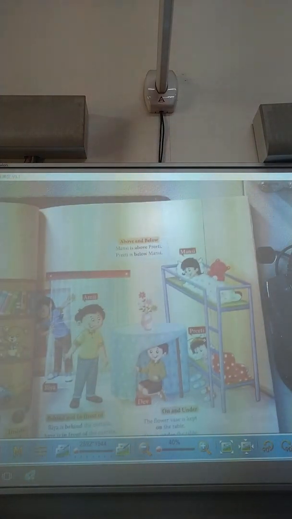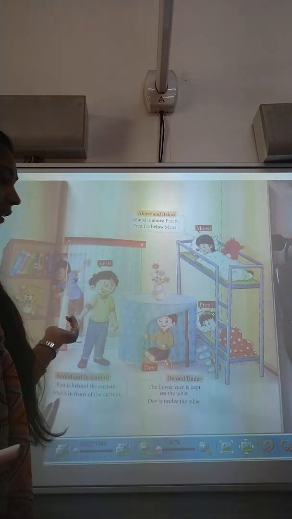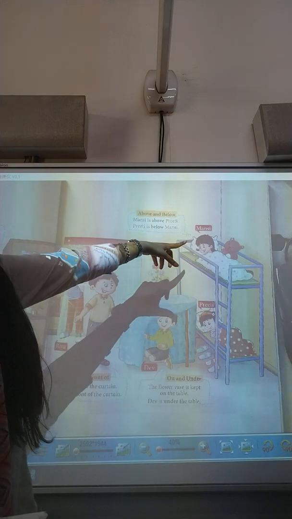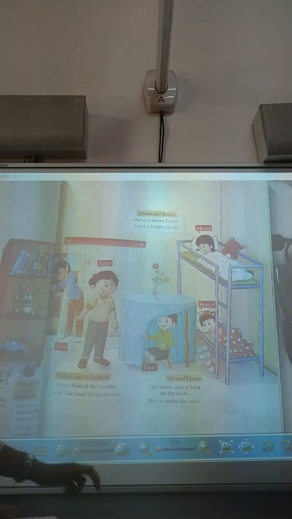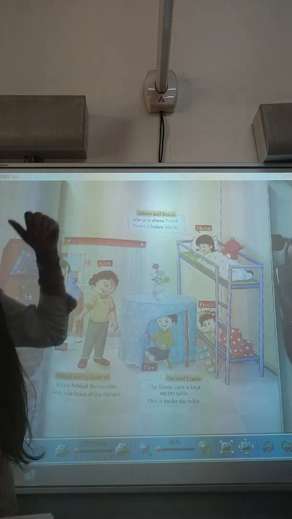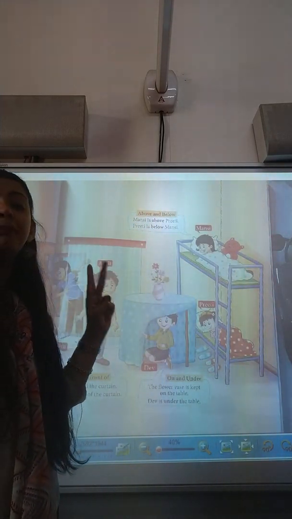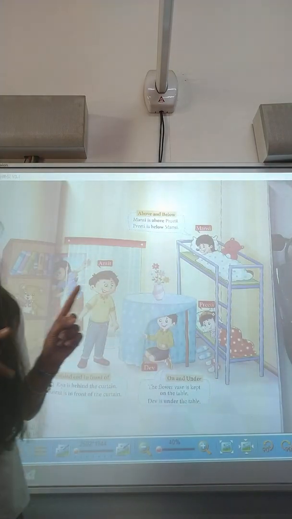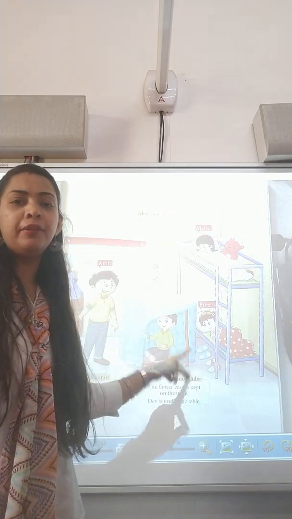Above and below. Mansi is above Preeti. Now, over here we are taking the friend's help. We are talking about Mansi, Preeti. So, Mansi कहाँ है? Mansi ऊपर है, whereas Preeti is below. So, Preeti नीचे है. Above means जब कोई चीज किसी के ऊपर होती है. We are comparing these two position words. मैं above का near और far के साथ use नहीं कर रही हूँ. Above का हमेशा मैं किस position के साथ use करूंगी? That is below. Above, below.